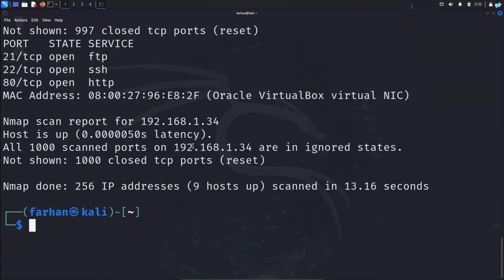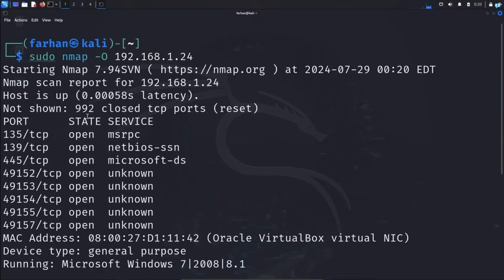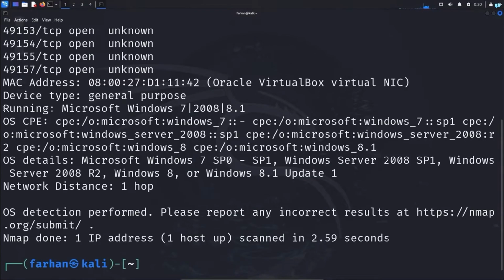In a real pen testing environment, you do not have to play this guessing game. You can know exactly which operating system is running. So type the command sudo nmap -O. It is for operating system, followed by the IP address that you want to know the operating system of. I want to know the operating system of the server with the IP address 192.168.1.24. And after the scanning has been completed, I can see that the server is running Microsoft Windows 7. It predicted that it might be running 2008 or 8.1, but in general, I understand this is a Microsoft Windows